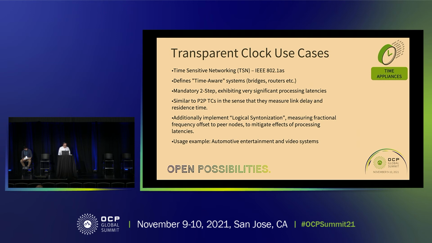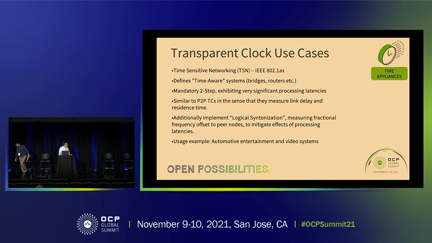And so the solution that they implemented is called logical syntonization, where as part of the peer delay measurement, you also measure the fractional frequency offset between the node and its neighbor. And this allows you to figure out